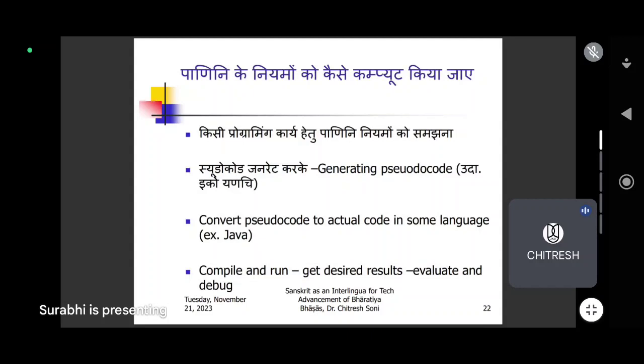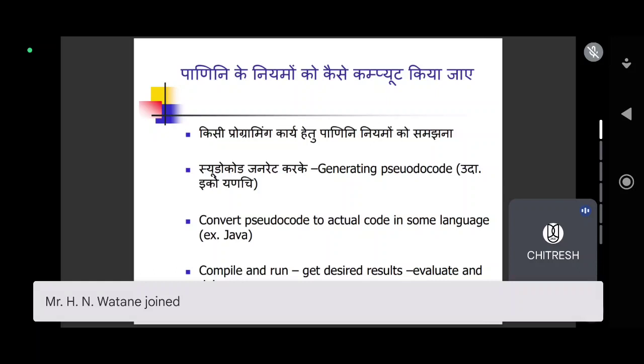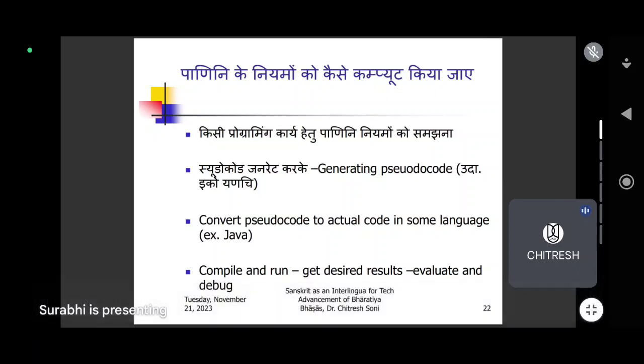अब पाणिनि के नियमों को कैसे कंप्यूट किया जाए? Okay, everybody is saying that it is very easy to make a computer system for how, but we just take an example, the real world example. किसी प्रोग्रामिंग कार्य हेतु पाणिनि के नियमों को समझने हेतु सबसे पहले what we can do, we can generate a pseudo code. इसका उदाहरण है इको यणचि। इको यणचि एक संस्कृत ग्रामर का एक सूत्र है, एक नियम